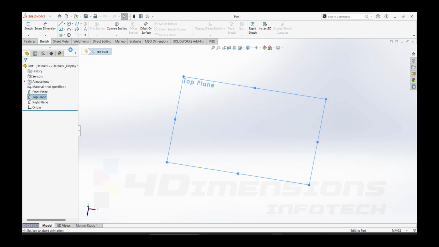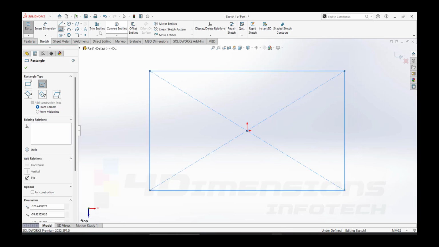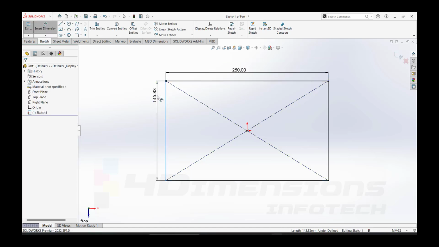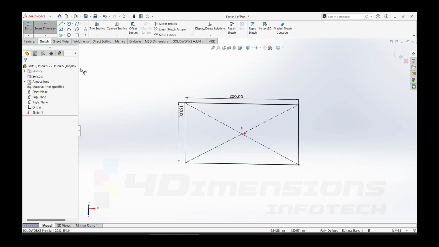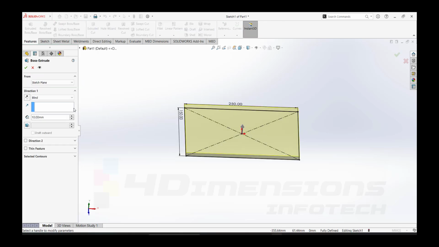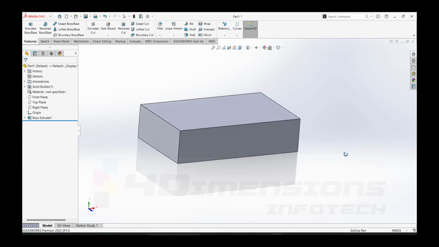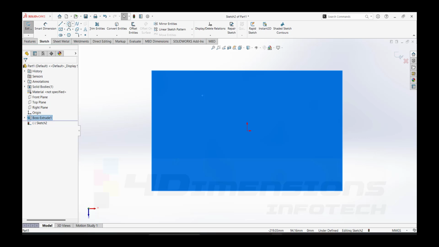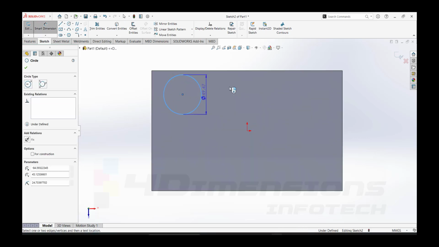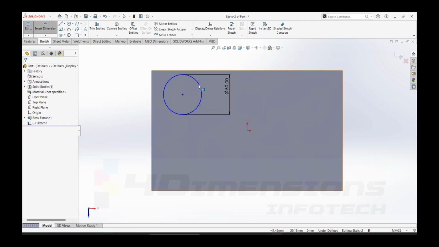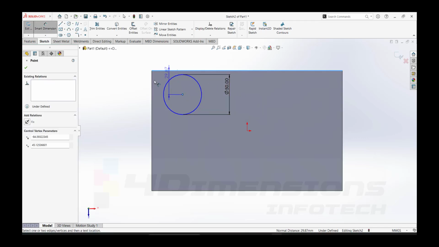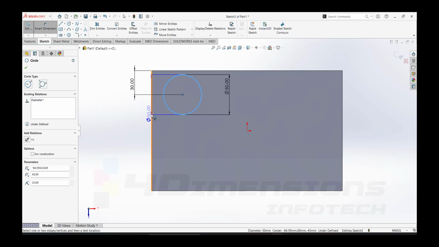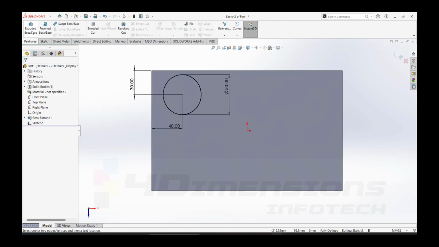I'll start with the top plane, center rectangle, and provide some values here so as to constrain the sketch. Then we will say extrude boss here. So after adding extrude boss of 60, we'll make two features more here. So we'll go with a circle again, put the value here as 50 diameter and then position the sketch. For positioning I have taken this value as 30 mm, then the other, horizontal value as 40. Now I'll say extrude boss